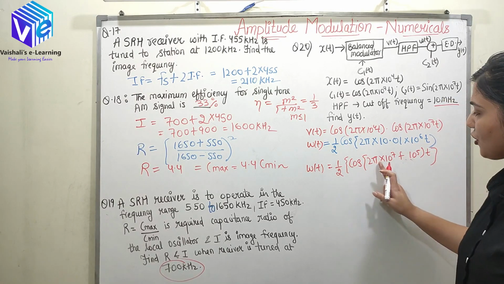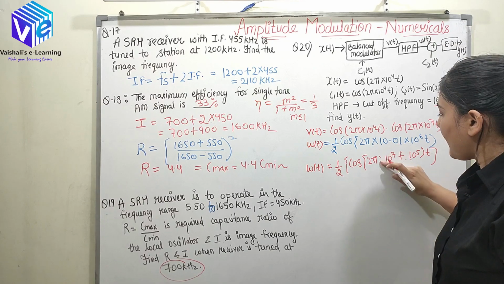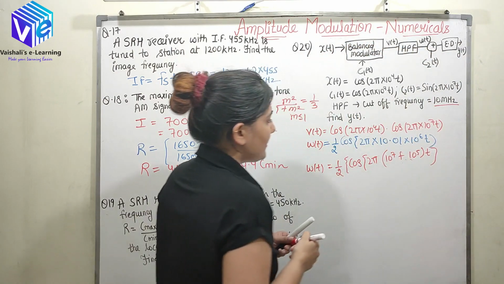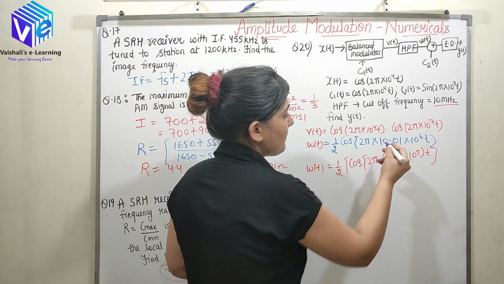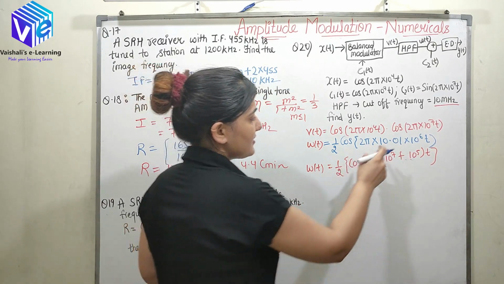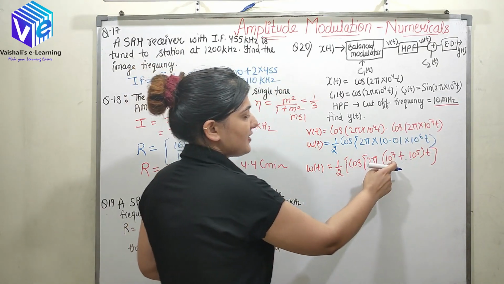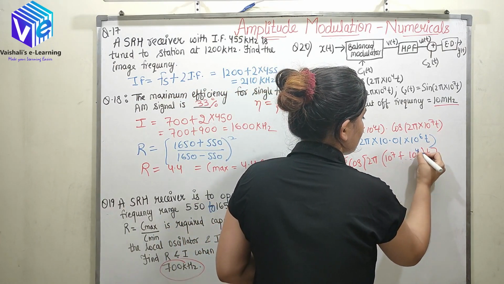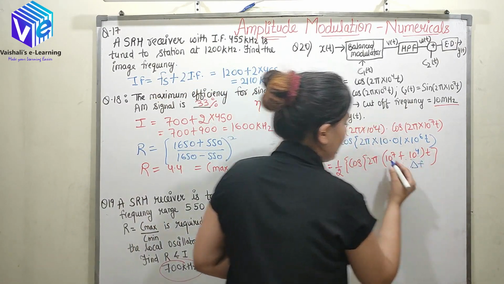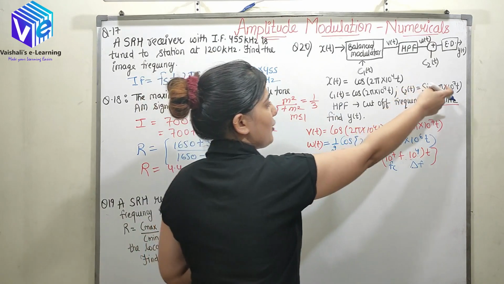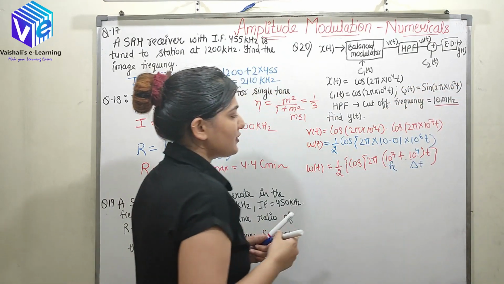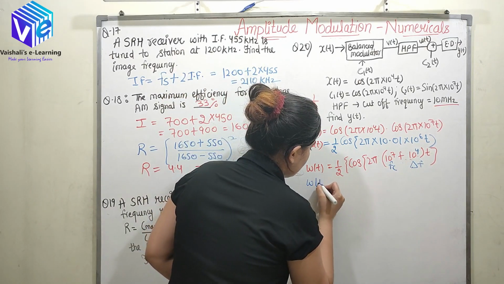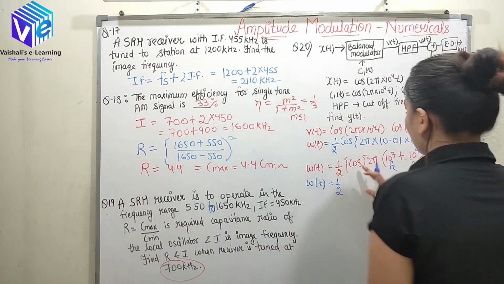so now this is cos of a plus b. So 2 pi t into 10 raised to power 7 plus 10 raised to power 4t. I just represented this signal as 10 plus 0.01 into 10 raised to power 6t. So 10 into 10 raised to power 6 is 10 raised to power 7, and 0.01 into 10 raised to power 6 is 10 raised to power 4. So now let's suppose this is my delta f and this is my fc, because here also I am using 10 raised to power 7. So I am denoting 10 raised to power 7 as fc. So Wt can be represented as half of cos of a plus b.